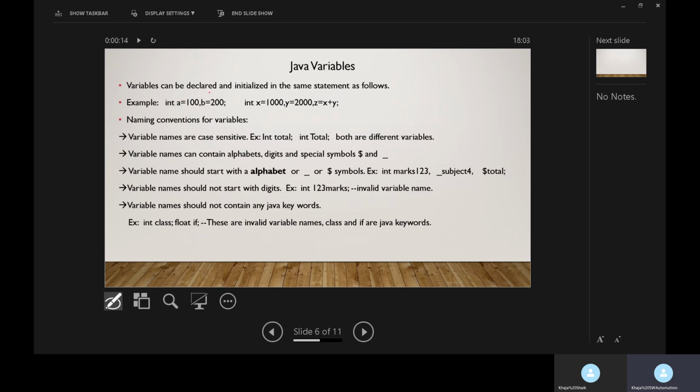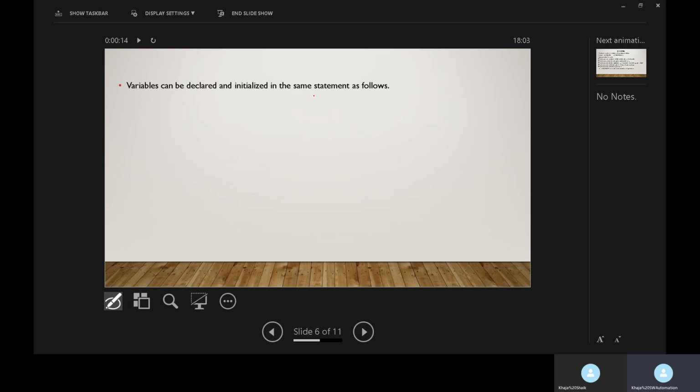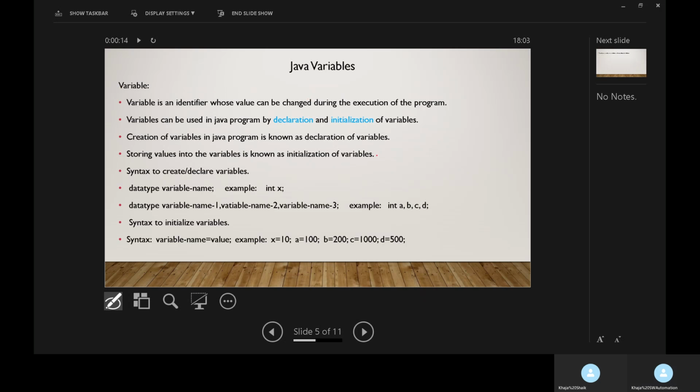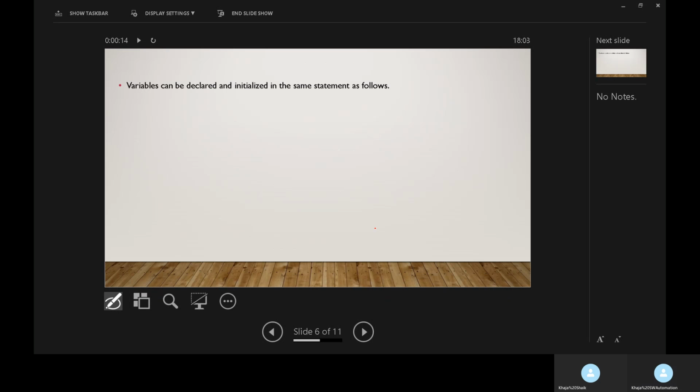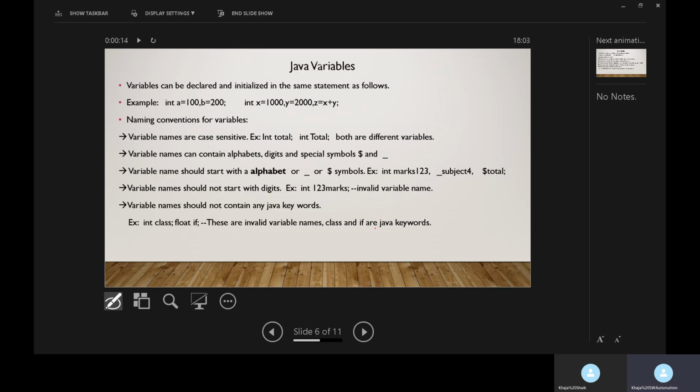Variables can be declared and initialized in the same statement also. Here we have used two different syntaxes: for declaration, one syntax, and for initialization, another syntax. We can declare and initialize at the same time by using a single statement also.